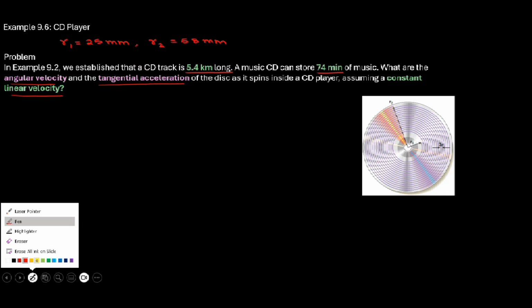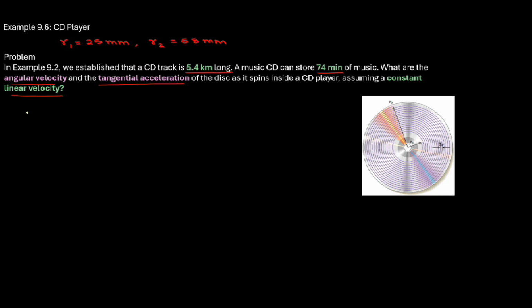Example 9.6, CD player. In example 9.2, we established that a CD track is 5.4 kilometer long. A music CD can store 74 minutes of music. What are the angular velocity and the tangential acceleration of the disc as it spins inside the CD player, assuming a constant linear velocity? So here they have given you the total length of the disk, which I can write